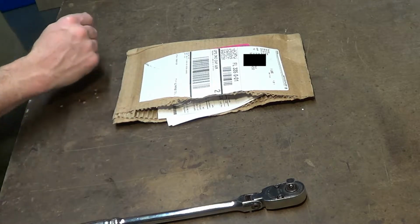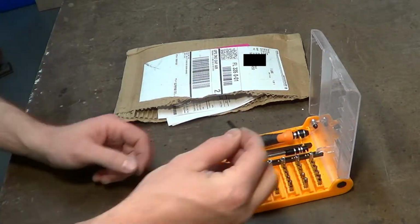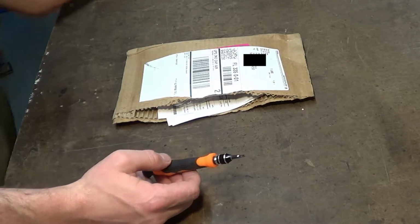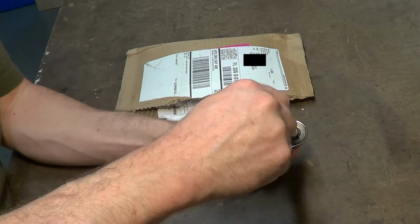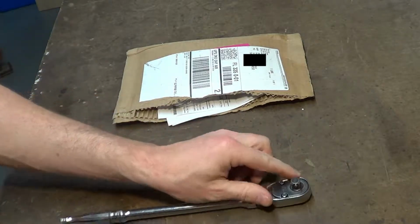Now, in today's irony, the only T10 I happen to have in the garage came out of this incredibly Chinese little precision bit kit that I got off Amazon. So we're going to use the cheapest tool I own to take apart one of the nicer tools that I own, because I love that. You know what? And before we spread this thing all apart, okay, screws are going to come loose